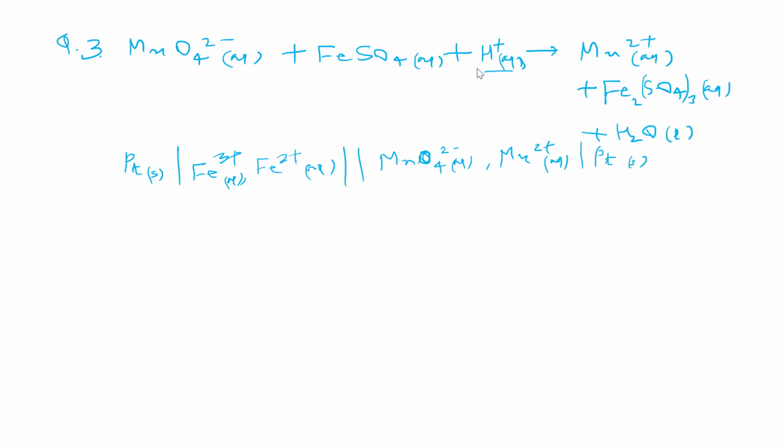It's just a spectator, sir. Actually, it is not a spectator ion. It is giving the acidic medium to this reaction. What is the role of H plus here? It is giving acidic medium to this reaction, and in acidic medium the Mn2 plus form is stable. So for stability of the product it is necessary. So there is a role of this H plus here. This provides acidic nature to this solution.